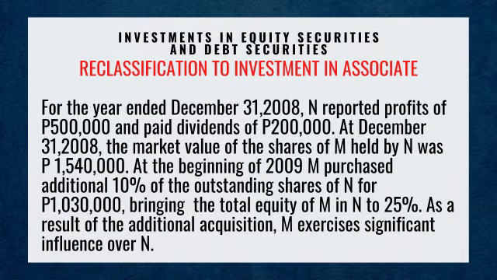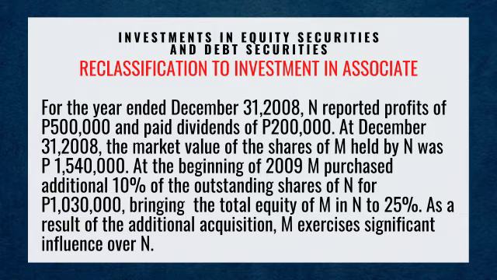For the year ended December 31st, 2008, N reported profits of 500,000 pesos and paid dividends of 200,000 pesos. At December 31st, 2008, the market value of the shares of N held by M was 1,540,000